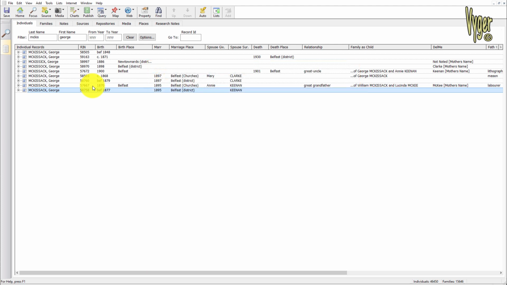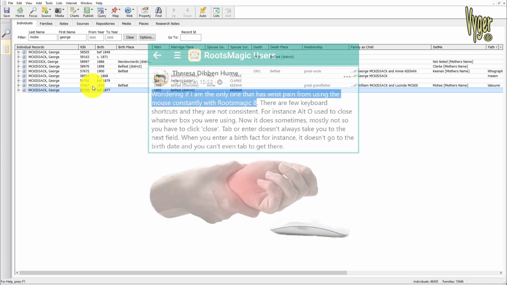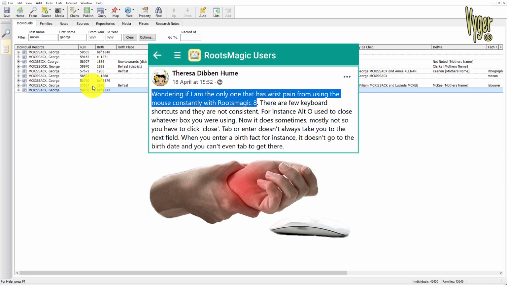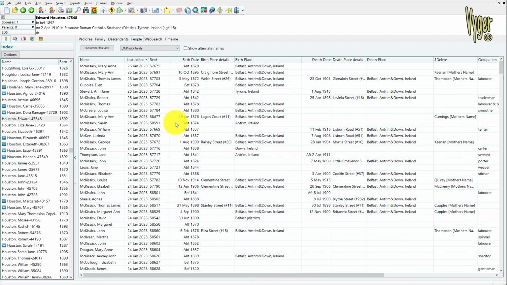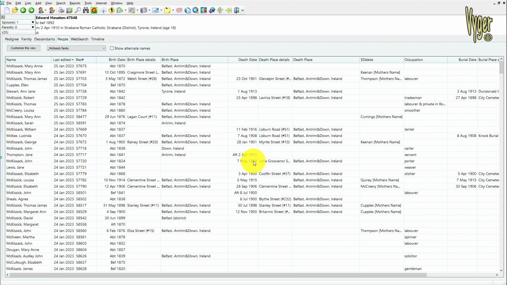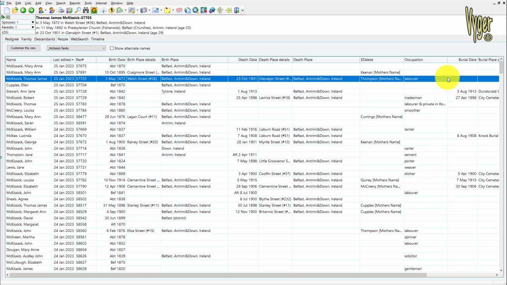The other thing is I'm going to count the mouse clicks. A lot of people dismiss the amount of mouse clicking that goes on in RootsMagic, especially the new version, but the more I click, the less I get done. So here I am in RootsMagic, and first of all, let me collapse this, and that gives me a little bit more on screen. Now remember, this is the occupation of Thomas James, not the occupation of Thomas James's father.